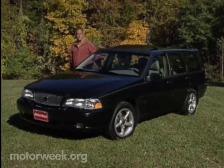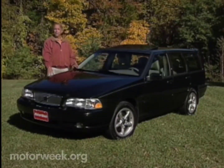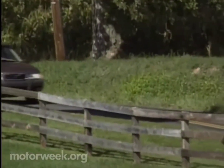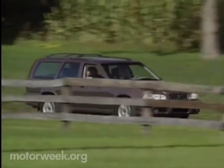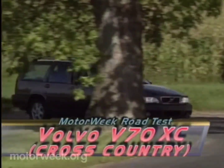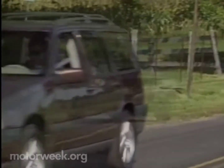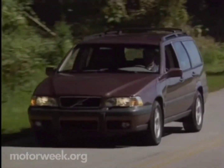Last year's 850 station wagon has evolved into the V70 and spawned a line of family haulers that are as well-rounded as their ancestors were square. And the latest addition to Volvo's increasingly diverse selection of wagons is the V70 XC all-wheel drive wagon, or cross-country to its friends. It was designed as a luxurious alternative to both bulky sport utility vehicles and Subaru's super successful